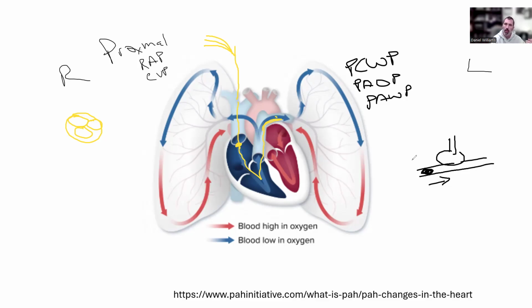We also talked about how we do have a certain degree of normal anatomical shunt. We talked about the anastomosis, and about the bronchial blood flow and how naturally there will be some mixing of deoxygenated blood with that oxygenated blood. When you get to your neonatal class, we'll talk about